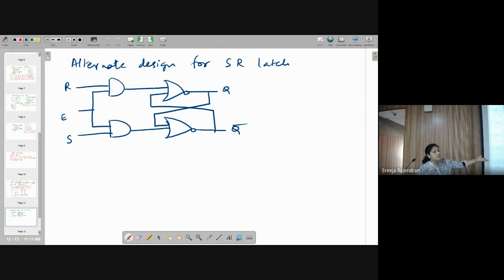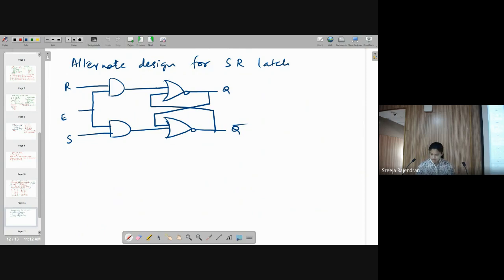How can I generate a 0 and a 1 and also store that value? What combinations I should use, and what combinations should be avoided, is all given to you. S=0, R=0 is to store, and S=1, R=1 is the invalid combination which we shouldn't use. So with any other combination, S equal to 0 and R equal to 1, the output is forced to 1. And if S is equal to 1 and R is equal to 0, I think no,